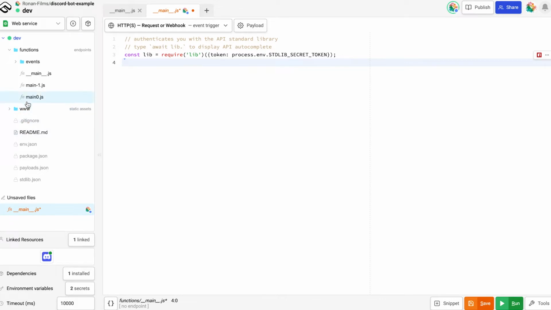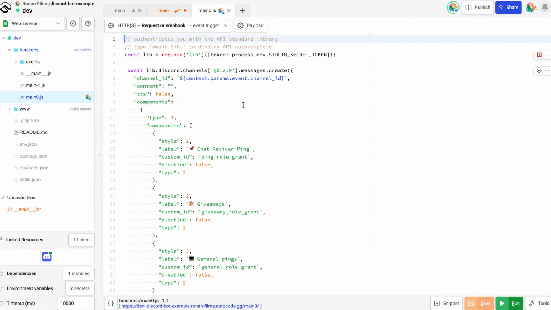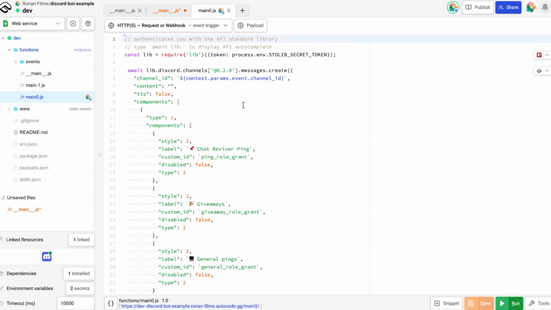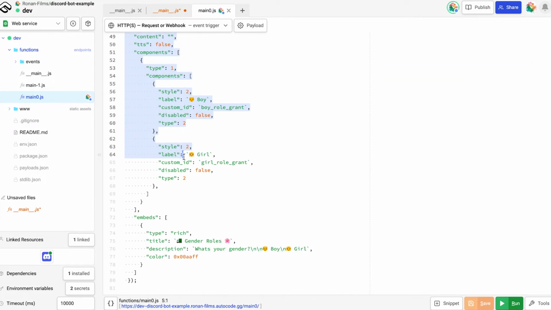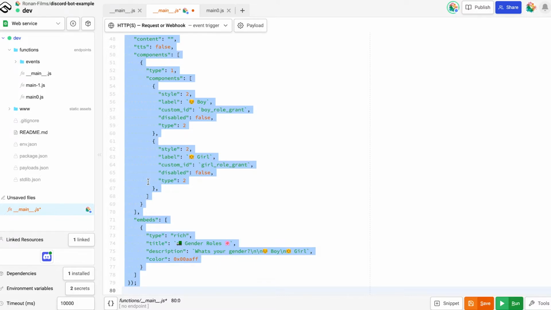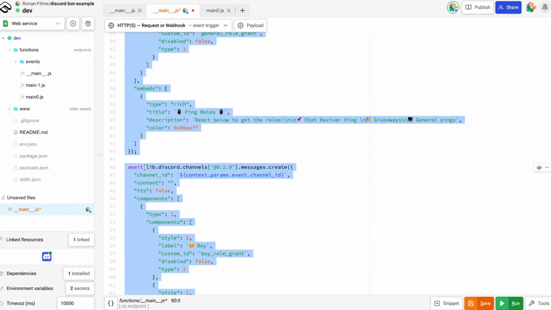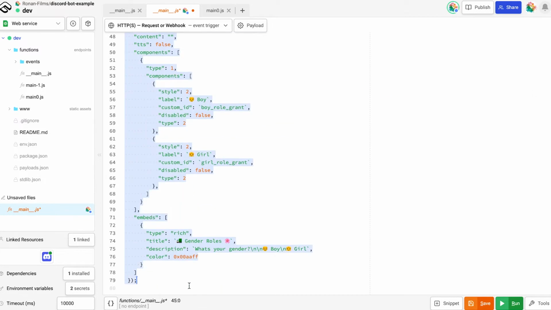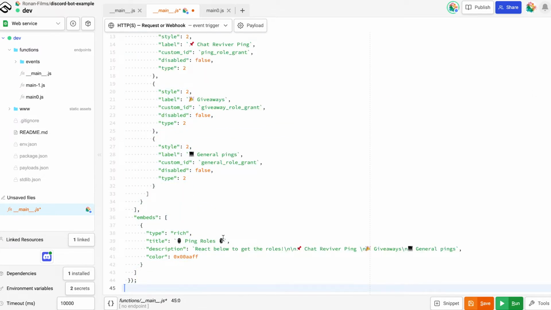Now, you'll want to head over to where we stored our reaction roles. I'm going to do exactly what we did to the reaction roles. So, copy this all, come here and paste it in. We can get rid of some of this stuff. You'll only want to send one embed message. So you can change this to